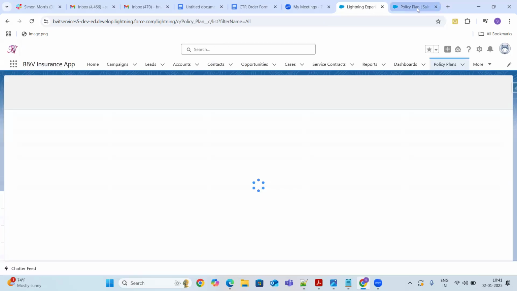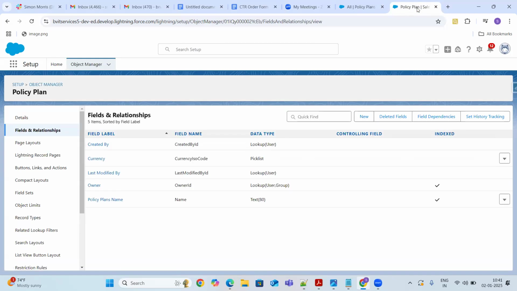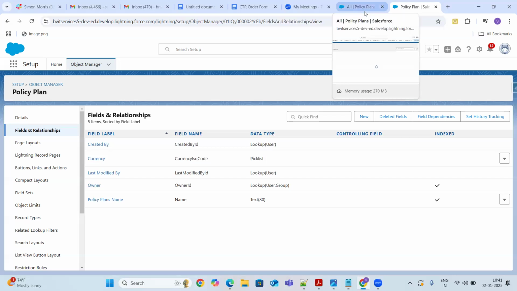So I just took it off. Now you have the policy plan separately and account separately, and in the middle there is a junction object, policies, that has a master detail to account as well as a master detail to policy plan.